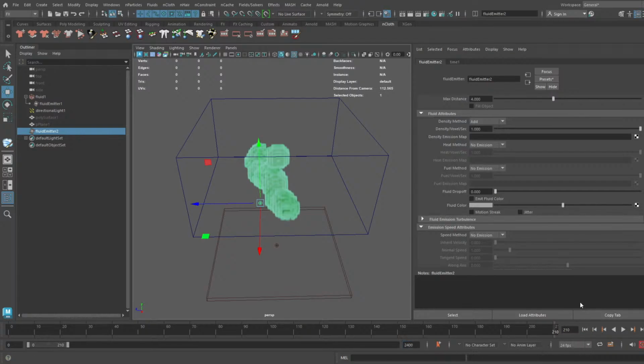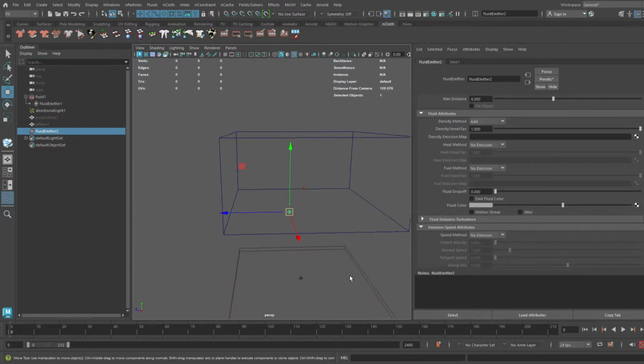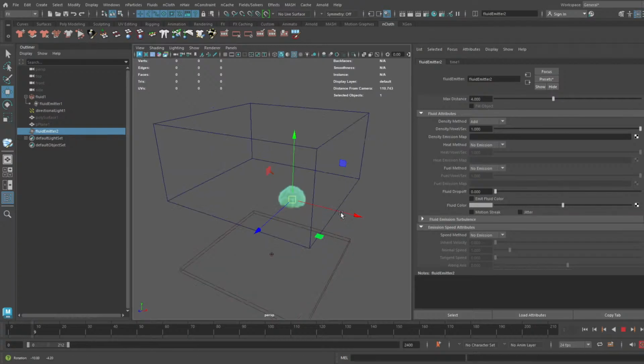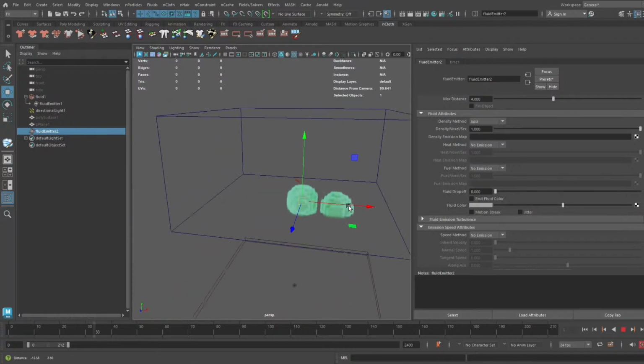And we can even slow the frame rate to like 6 frames per second. Oh, that's not what I want. I want to keep this. Oh, wait, no. We'll keep that at 24. And we'll just change the playback speed. There we go. And now we got an interactive brush. So we can literally